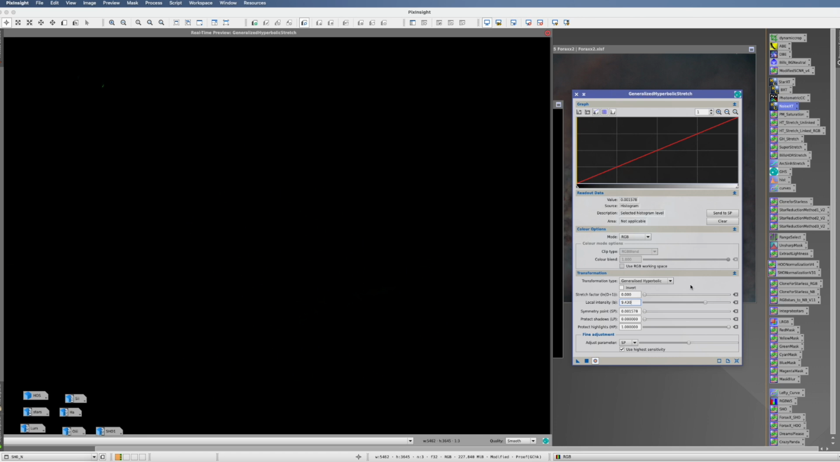So you can see a little bit how I do it, but if you're not used to the generalized hyperbolic stretch, I would really recommend that you look in YouTube for an extensive tutorial. I don't have actually at the moment one, but there are good ones out there, and just really look into it. So now with the local intensity on 10, we now go up here with the stretch factor